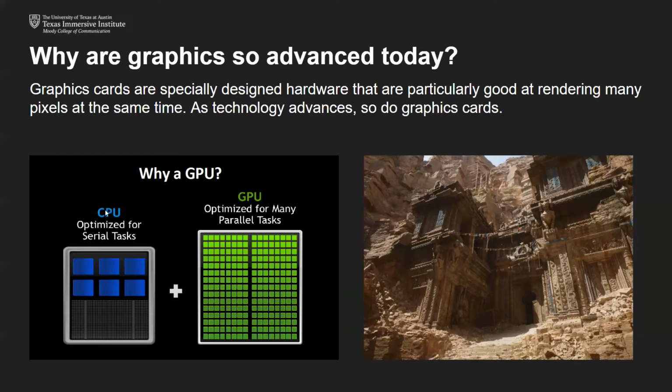And CPUs are really good at doing those small calculations really fast in series, but they can only do one task at a time. Graphics calculations are often not that complicated, but you have to render every single pixel on a screen. So you have to do a lot of these very small calculations all at the same time. And so GPUs, graphics processing units, are really well equipped to do these many small tasks at the same time